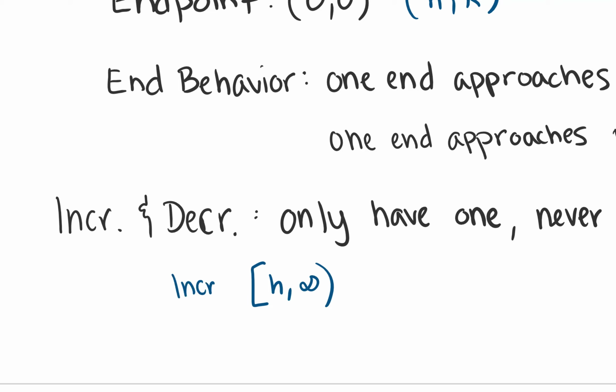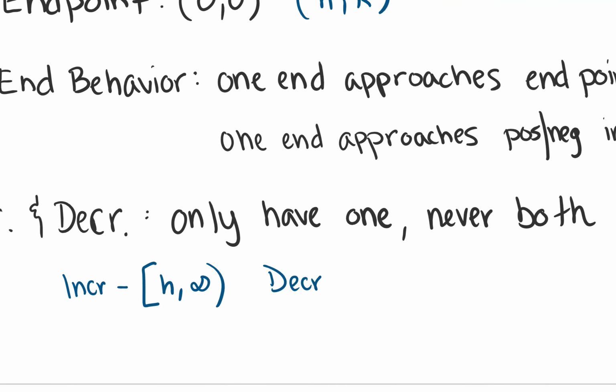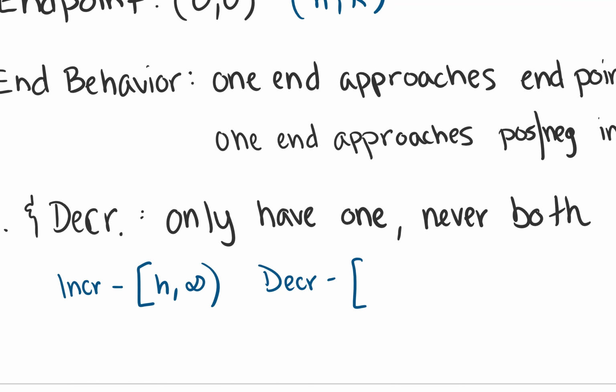So let's write that on there. And then if I'm decreasing, it's going to be bracket h and then negative infinity, right? That's because I'm going down. So those are my two options for this function. So if I'm increasing, I'm h to infinity. If I'm decreasing,